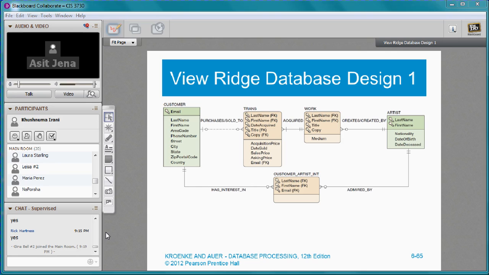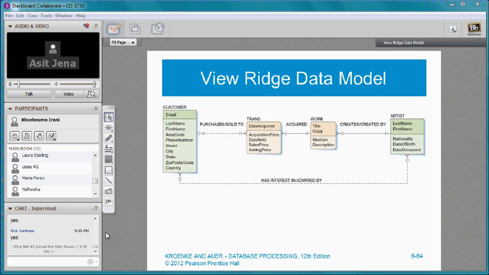Okay? And this work, this last name, first name is the artist. So this is how these 2 are related by last name and first name. These 4 are related by last name, first name, title, and copy. And date acquired is the unique identifier to identify the transaction. This is customer artist interest, which is last name, first name, and email. So this customer has interest in this artist. The artist is known by last name, first name. So if you can see that this